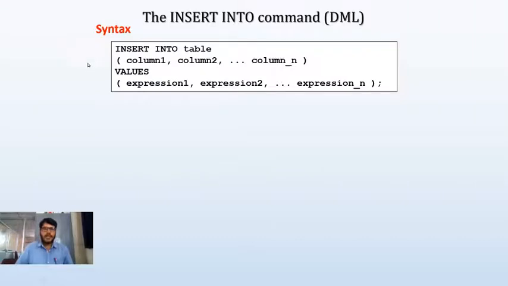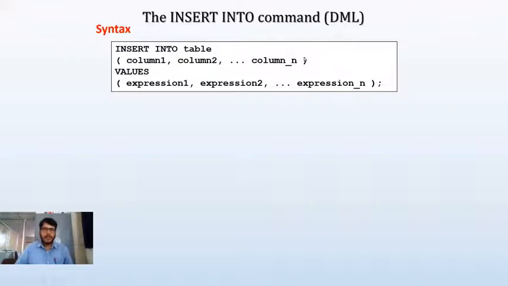After this, we need to specify the column names for which I want to insert the values. First we specify all those column details within a parenthesis: column 1, column 2, column 3, up to column n. Try to remember that between each column name we should use a comma as a separator.